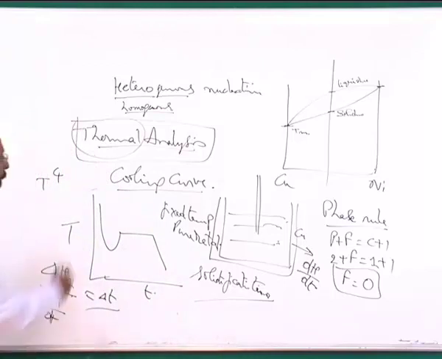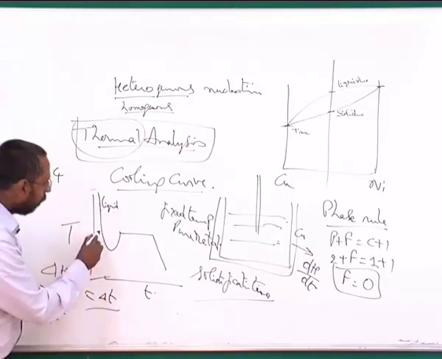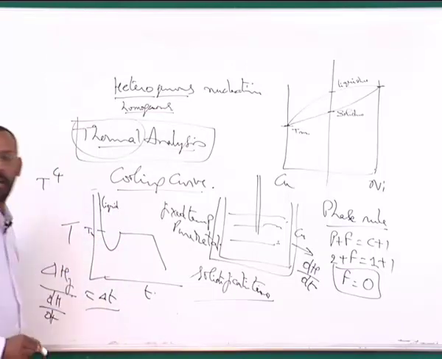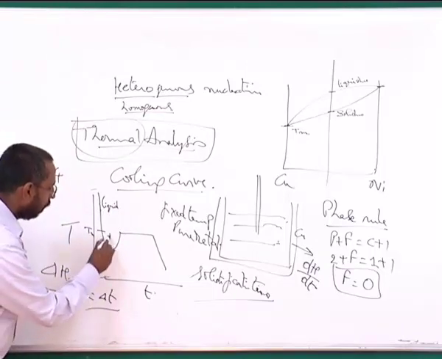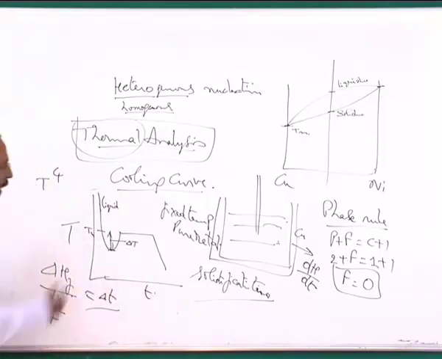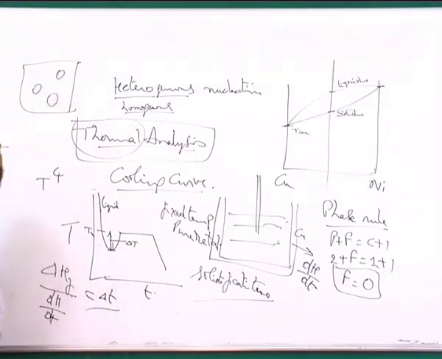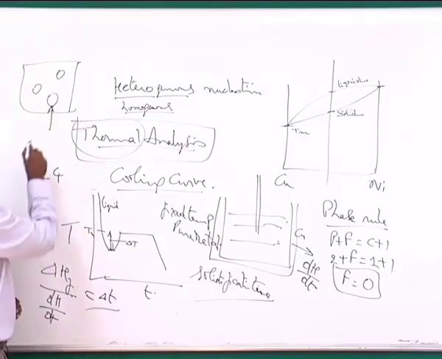Again, if I plot temperature versus time, what happens is the liquid keeps on getting cooled even below the melting point, if this is the melting point, until a particular temperature, usually represented by a certain delta T undercooling, for the liquid to start transforming into a solid. The reason is that when you want a solid to be nucleated inside the liquid, you need to create a new surface. This surface did not exist before, and to create this new surface, there is a certain energy involved with that surface, which is called A gamma.